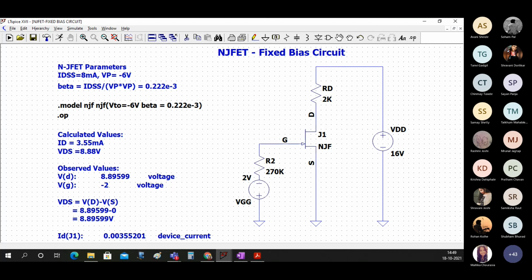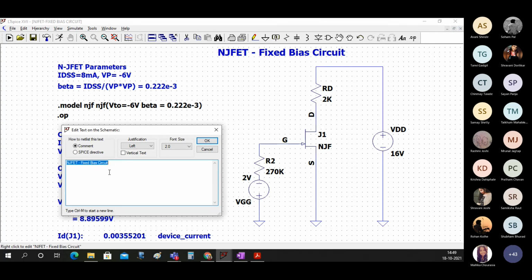Okay, Jose has done all 3. Very good, Jose. But just put the calculations also besides it. Once you look at the circuit, you understand everything. The only thing you have to do is run it. Yeah, Sayan. Just rename this, this is not fixed bias. This is fixed bias, correct.